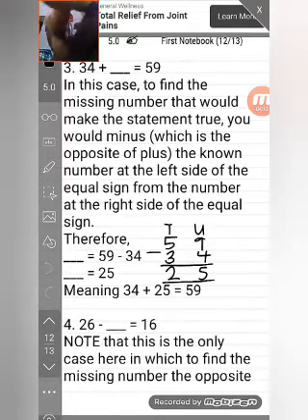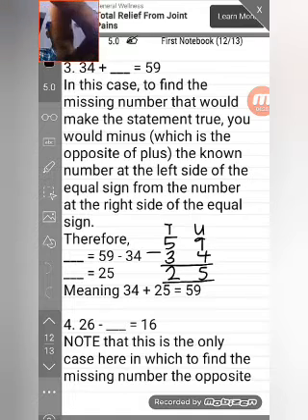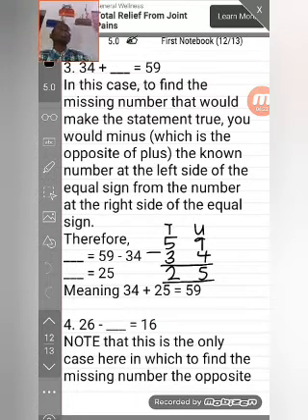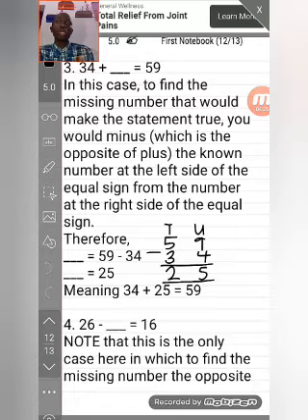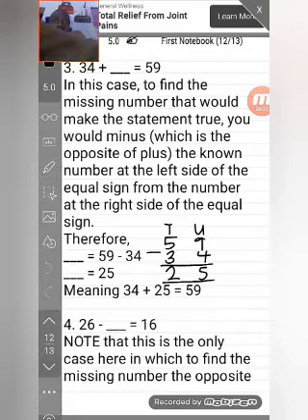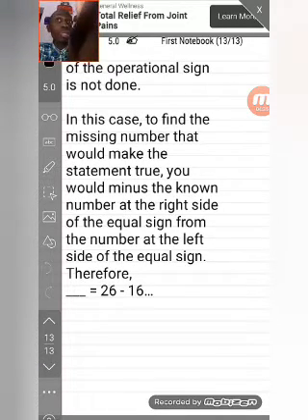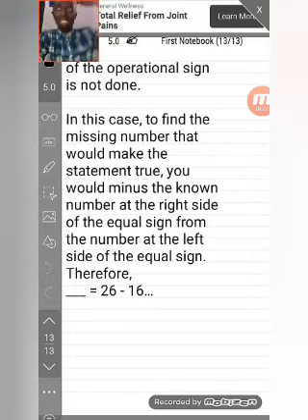In this case, that's when you have a known, written number minus a number that is not written is equal to a number that is written. This is the only case; in the other cases we have been doing the opposite. But please note this: when you have a case like this, you don't do the opposite. As a matter of fact, in this case, to find the missing number that would make the statement true, you would minus the known number at the right side,